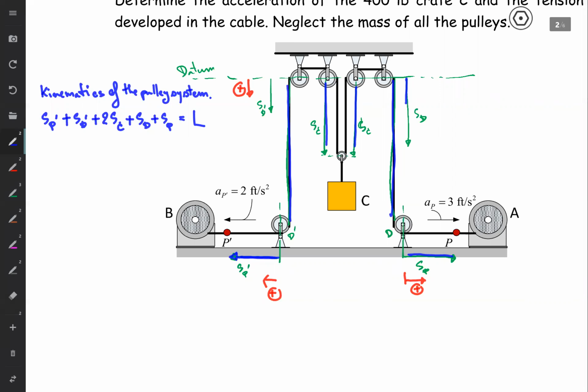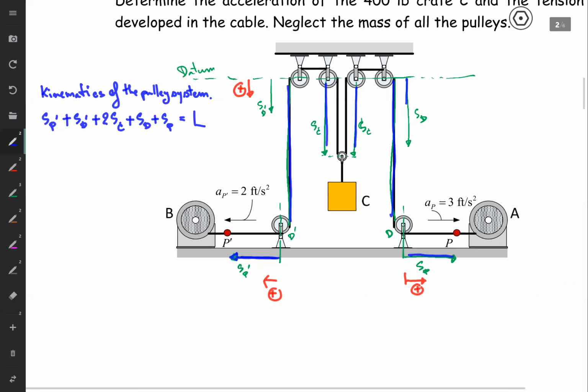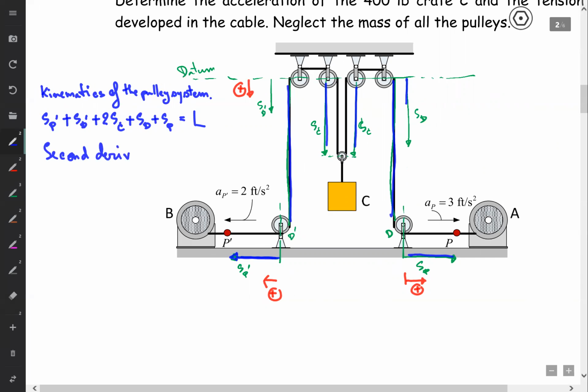According to this, all of the segments of the cable sum up to a constant L. After we take the second derivative of this equation, which I may define as equation A,